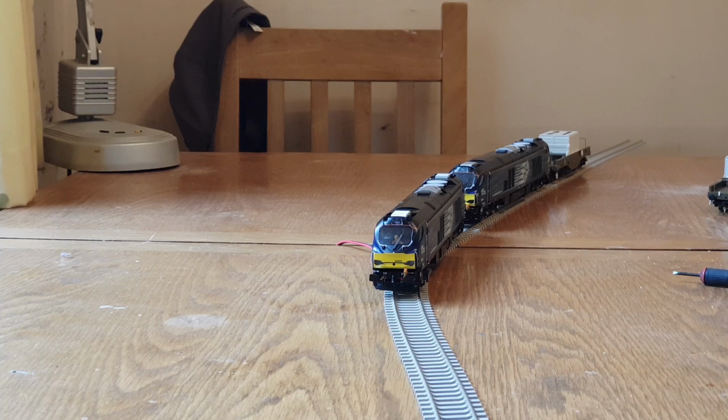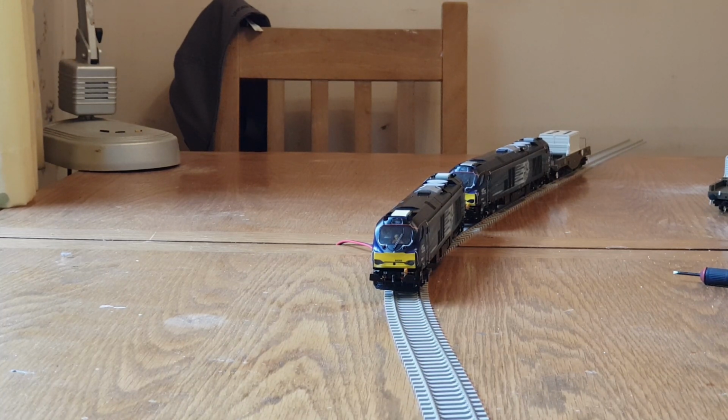The main things I've done, the fitting of an EM2 speaker from DC Kits and legomanbiffo, and I've fitted a legomanbiffo decoder, and I've modified the lighting. I'll show you the EM2 speaker in a moment, how I've fitted that. But the main thing I've done to the circuitry is the prototype has